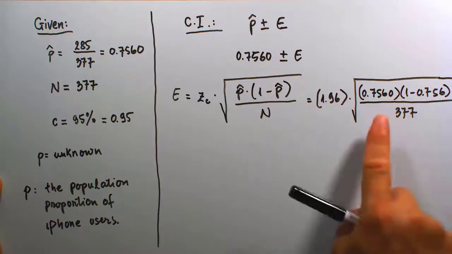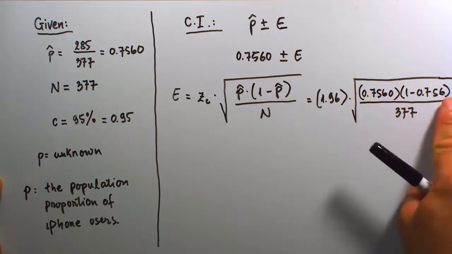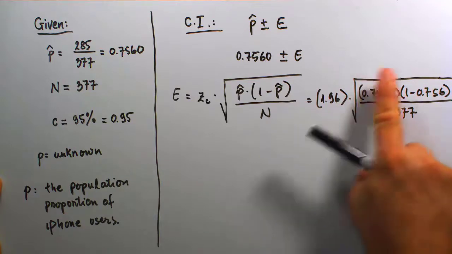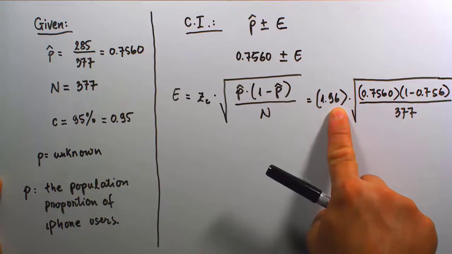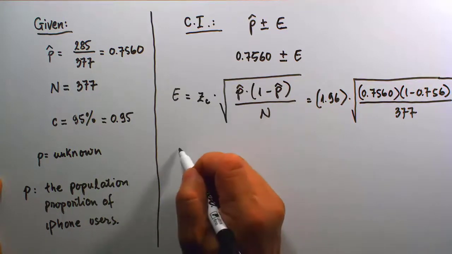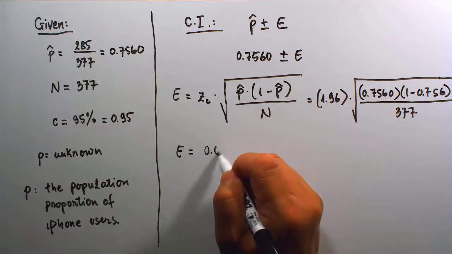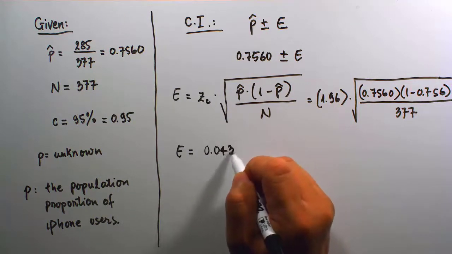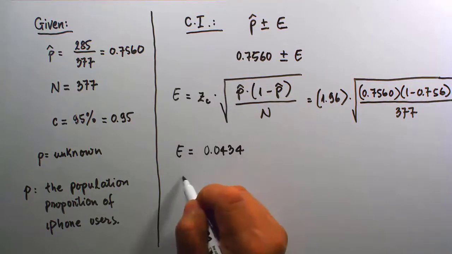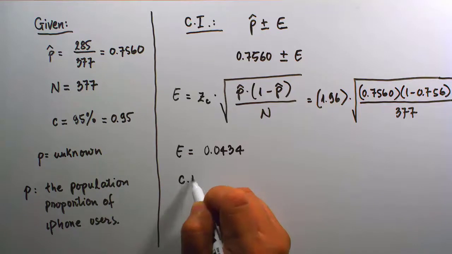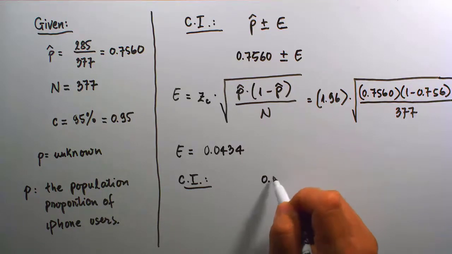Remind yourself to make sure the expression inside the square root is computed before you take the square root, and then after taking the square root, we multiply with that z sub c in front. So the final calculation comes out to be 0.0434,